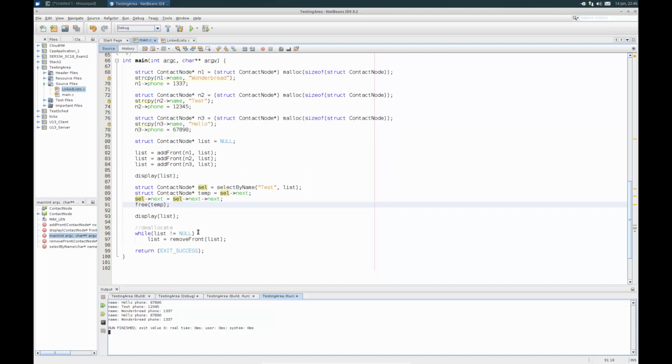So that was traversal. It's a little bit more advanced technique. This is what you want to do if you want to eventually support deleting a node. All right, so that's all I got for this video. Hopefully you now have a better idea of how to work with linked lists in C.